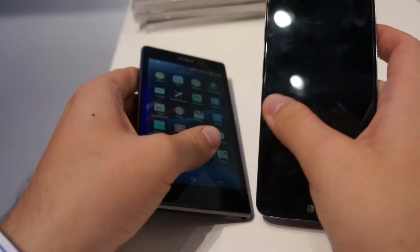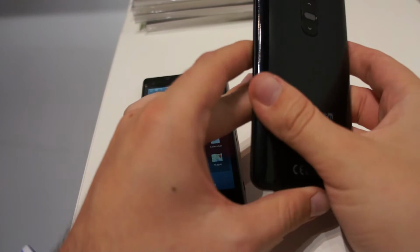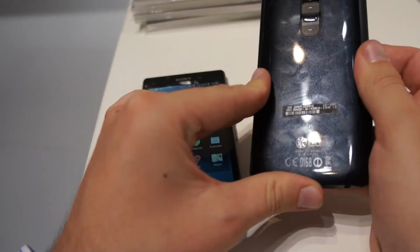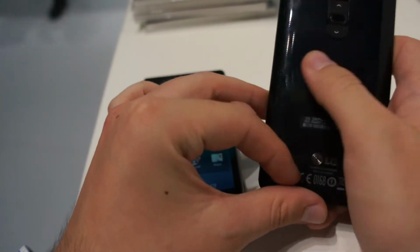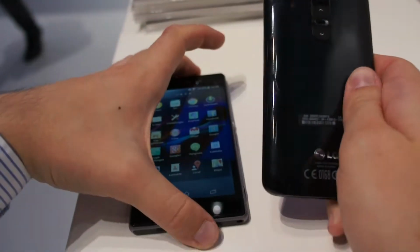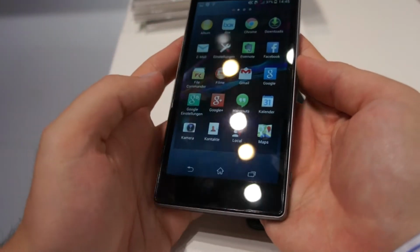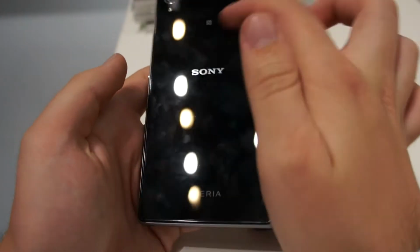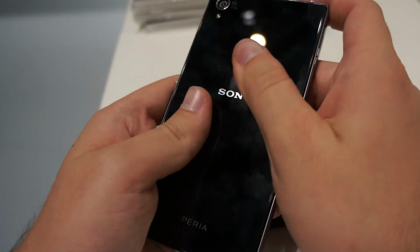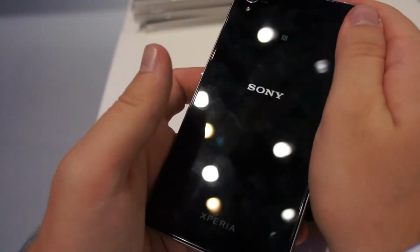The LG G2 has a beautiful glass panel on the front, but then it gets very plasticky. Okay, it looks okay, sort of carbon fiber, but it's still plastic and you can feel it. Whereas the Sony Xperia Z1 has a beautiful glass panel on the front, a beautiful glass panel on the back, which feels very rigid and really very well